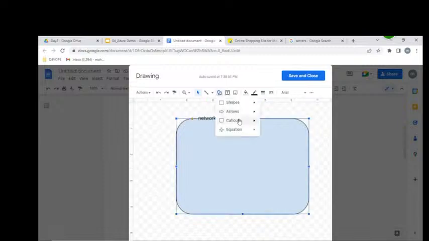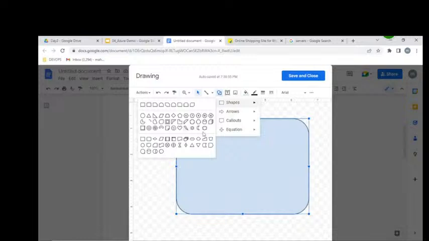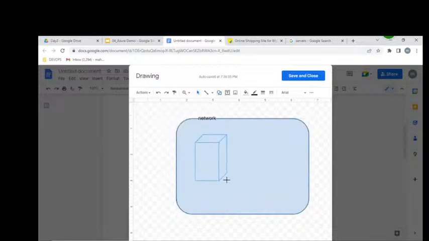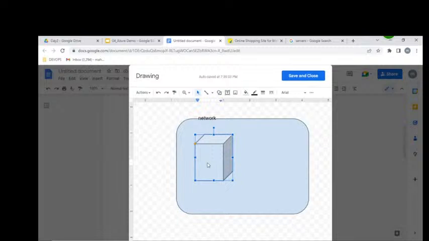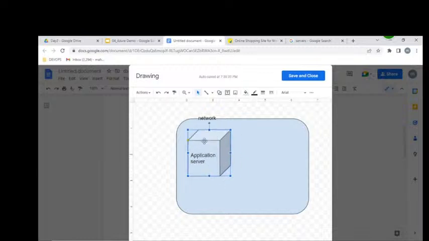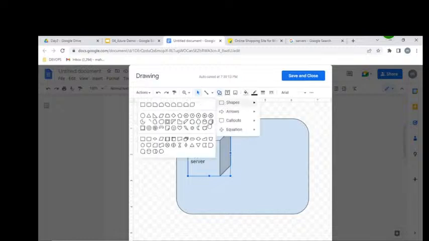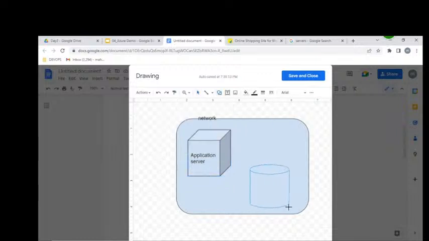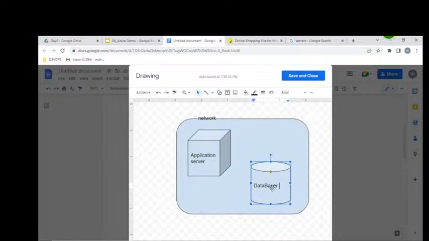Then we are going to create servers, meaning computing power. By using computing power we can create application servers, database servers, and whatever it may be, and we can also create databases.